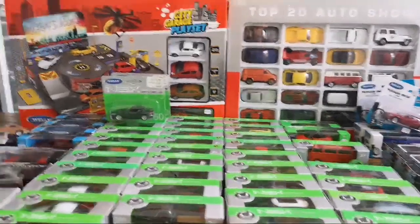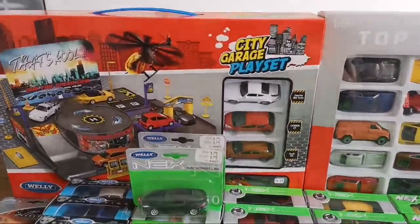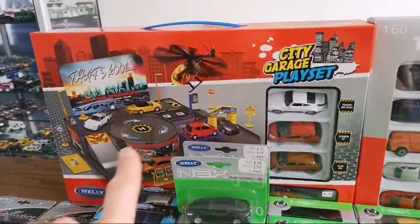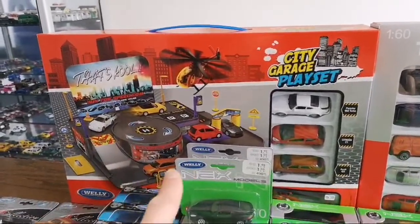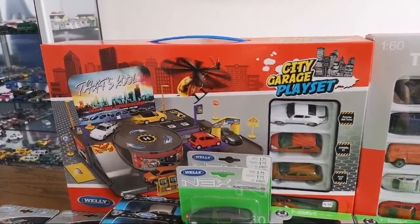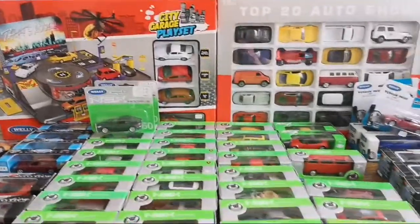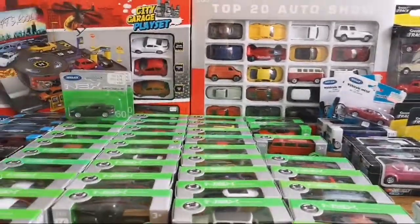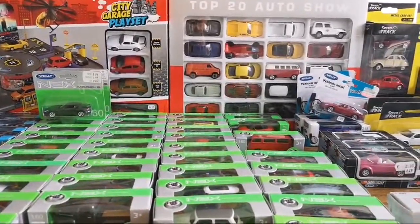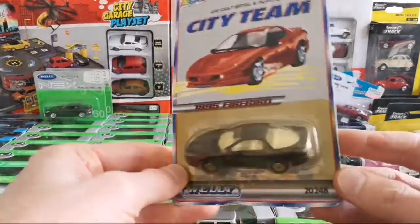You can see a play set also in the back there. It's the only one I've ever seen. It's very simple, basic, just a kind of a platform with a car wash, and then you can simulate some stuff there. So not very interesting or impressive, but just for this video, I thought I'd pick it up. So again, the purpose of this video, opening up stuff,